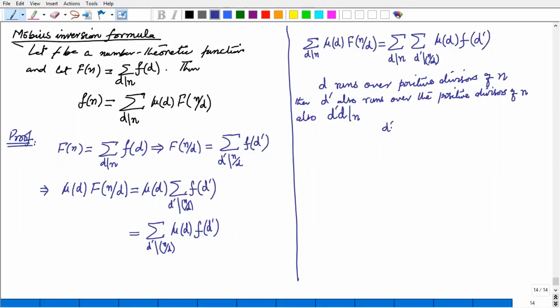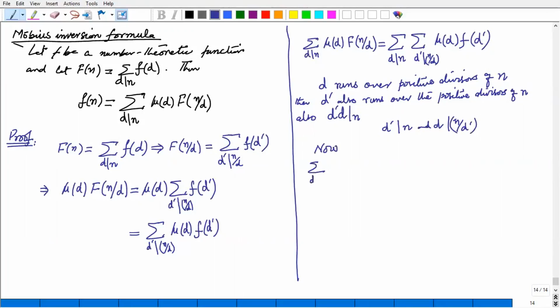If we use d prime, d, then d prime can divide n, and d divides n by d prime. Okay, so now